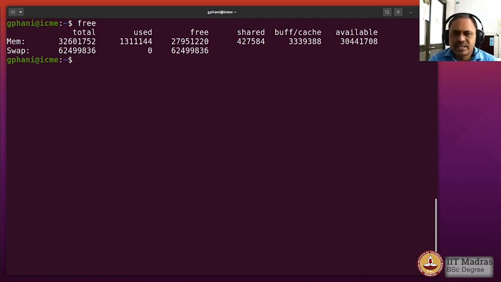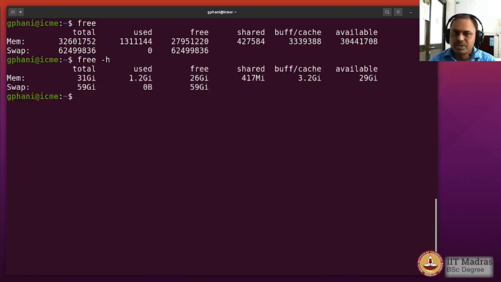And you can see that these numbers are not very readable, so we would actually type free and then -h as an option to make it human readable, and you would see that the total memory of this particular computer is 31 gigabytes, and out of that only 1.2 gigabytes is used, 26 gigabytes is free. Okay, so we are now not running very much, so most of the memory is free.